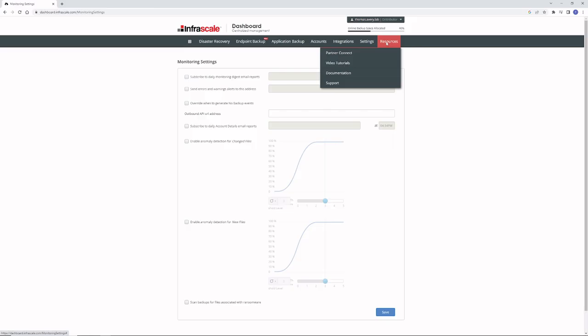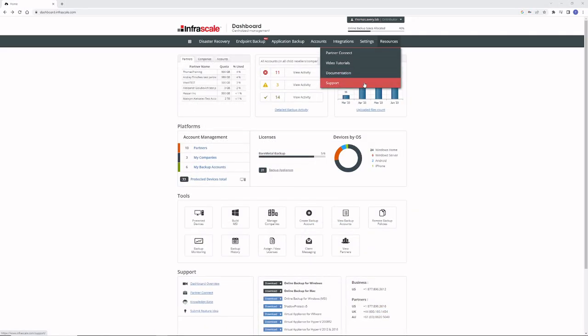Finally, under resources, if we go to the Partner Connect, that'll allow you to access partner resources. You can contact your account manager for assistance on accessing this link. Video tutorials such as this one, documentation to access our knowledge base, and support to contact the support team. You can also reach the support team at